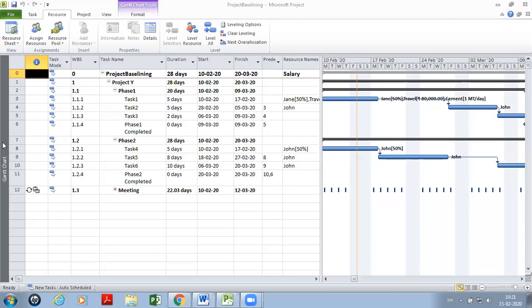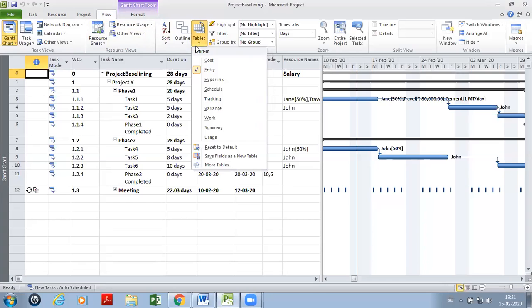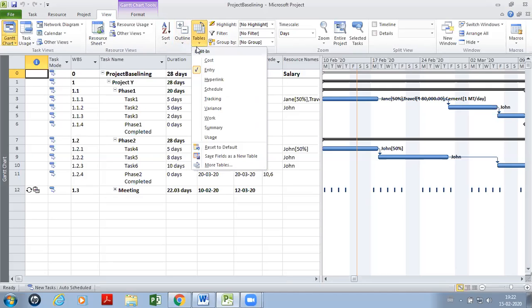I'm changing the table now to a table called baseline. So I go to Tables, which comes under the View tab, because we are changing the view. Within View we have Data, and within Data you have Tables as the command.